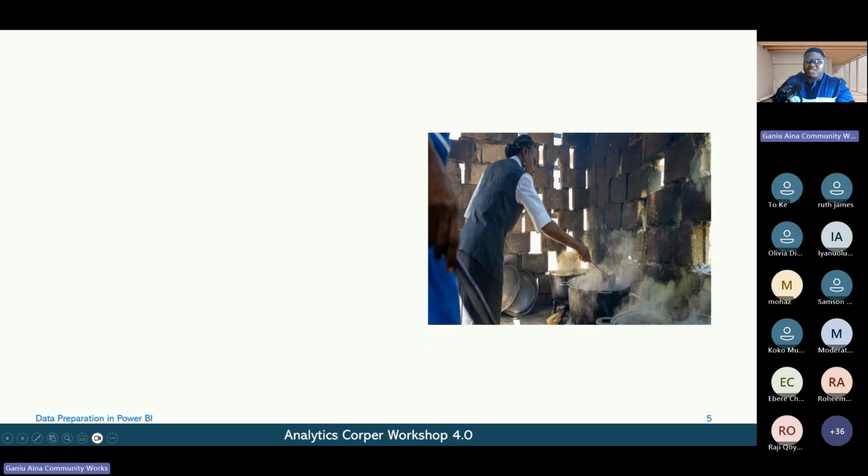So now we can see this image on our screen. Somebody is preparing food, and we can see this is like an African kitchen. When we want to prepare food, we cut vegetables, like we want to make vegetable soup. We cut the leaf out, we remove the dirt, maybe some stone in it, some branches of the leaf we don't need, we remove it. So in data analysis, there are many stages, but mostly we categorize them into